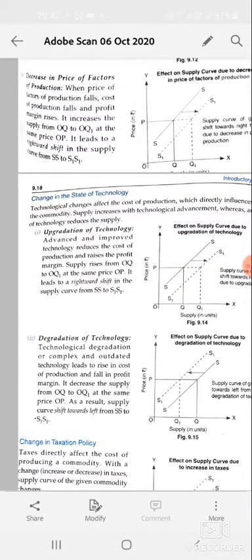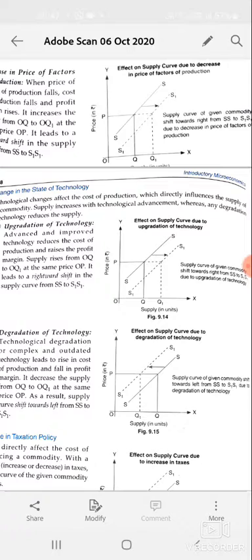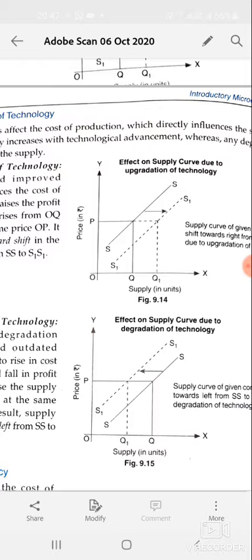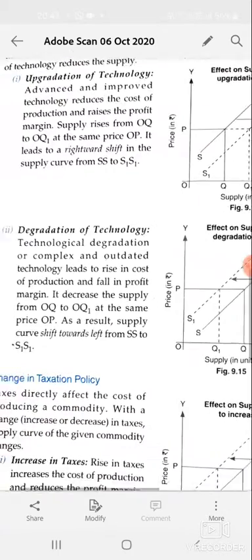Oppositely, if the producer uses a backward, degraded, complex or outdated technique of production, then the production cost becomes higher. If the production cost becomes higher, it simply indicates that the profit margin for the producer becomes less. So if the producer gets a lower profit margin, then the firm will supply fewer units of the commodity,